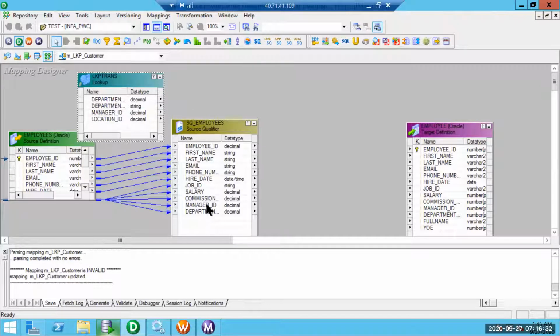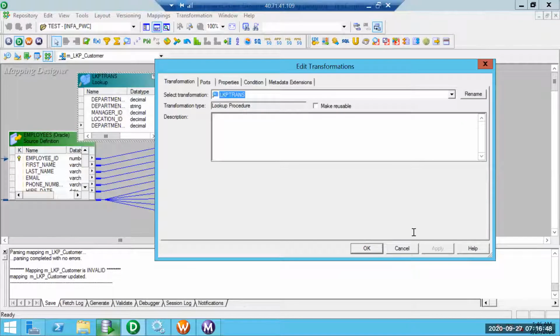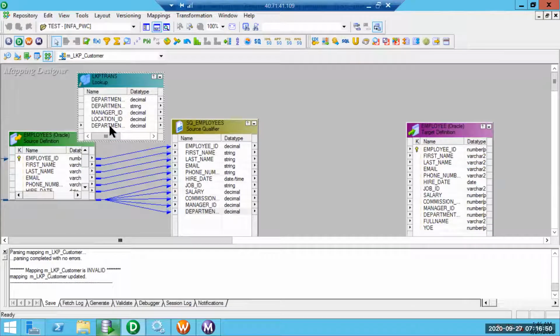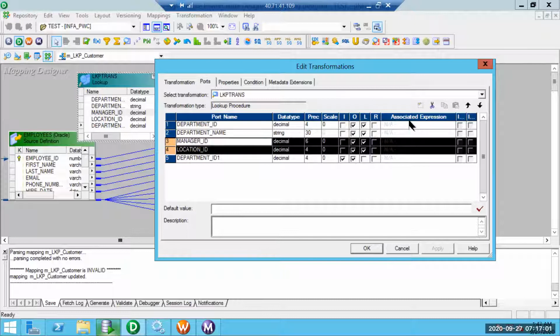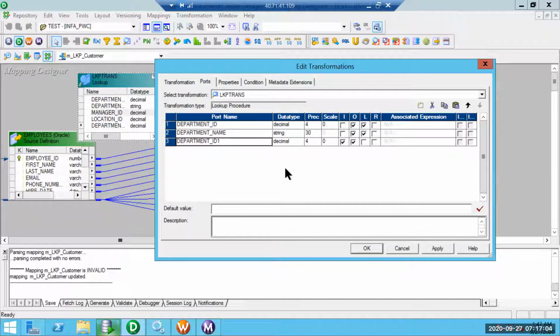So we need a department ID, and based on department ID, we are going to retrieve. Don't mind that I have mentioned unconnected but am connecting. I'm going to delete the link. I created the link just to ensure the corresponding column is created in the transformation for the join condition. What we would like to return is the department name. We are not interested in the other two columns, so I am removing those columns because we don't want to build the lookup cache for them.